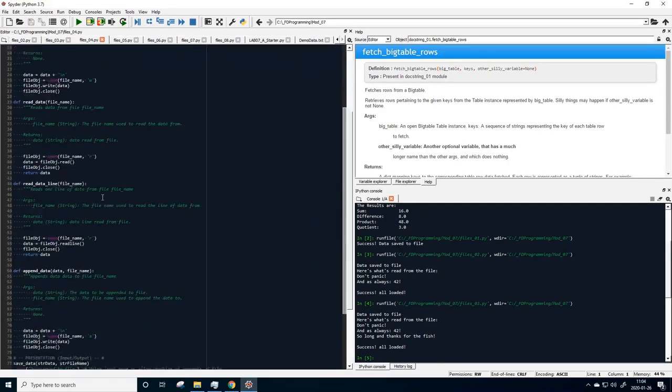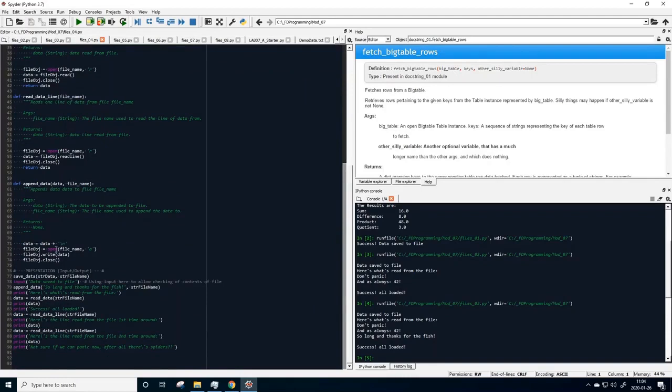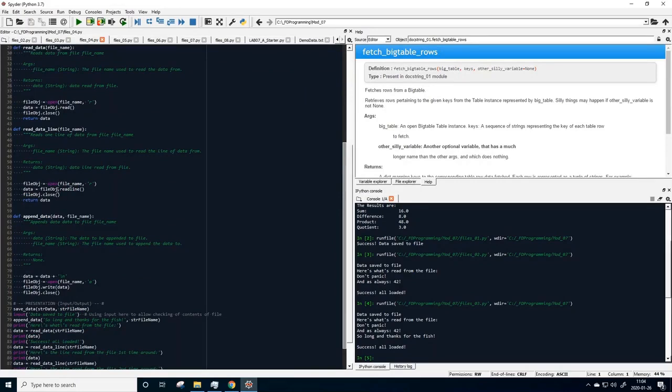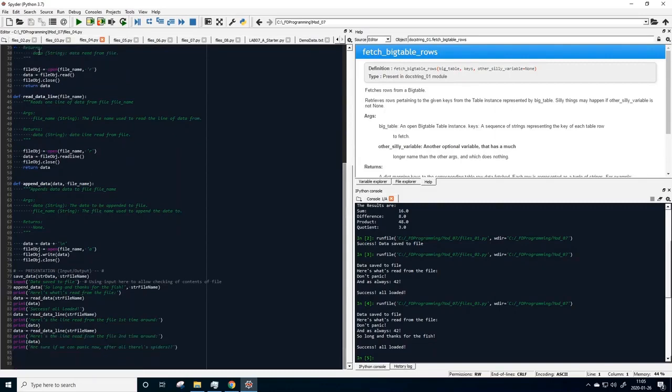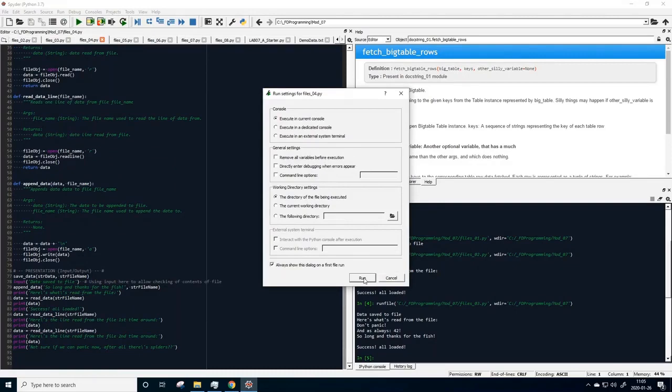One option is using the readline option. On each call of readline, the next line, and only one line of data, gets returned. What needs to be remembered here is that this is valid as long as the access to the file stays open. So if I'm actually running this code,